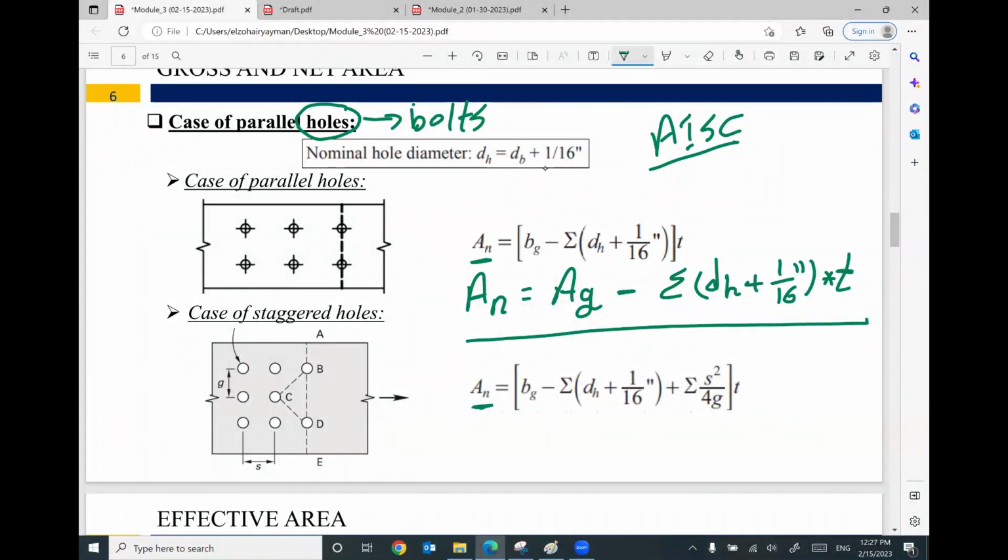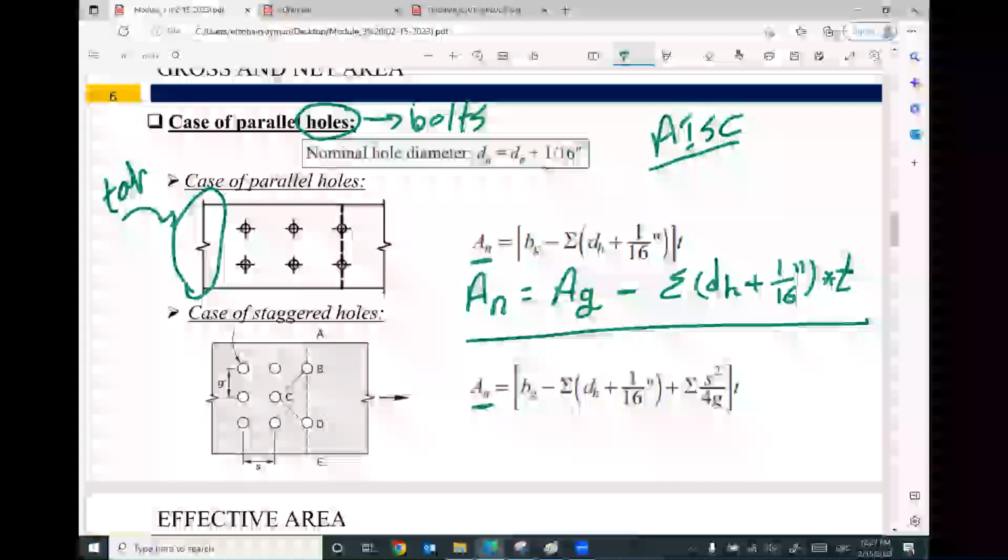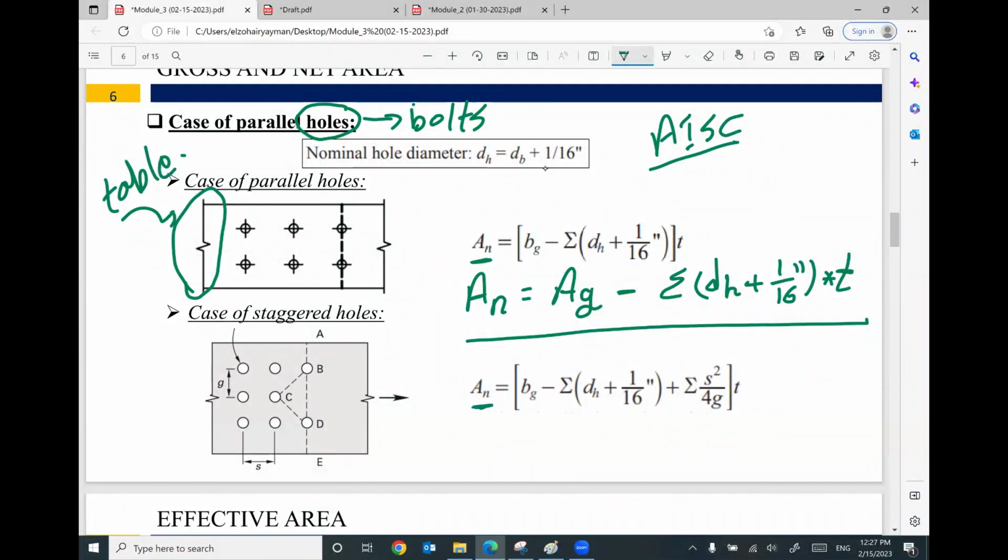Area net equals area gross of your member. Most of the time, this area gross comes from a table. Minus summation. d hole is the diameter of the hole. The diameter of the hole will equal the diameter of the bolt